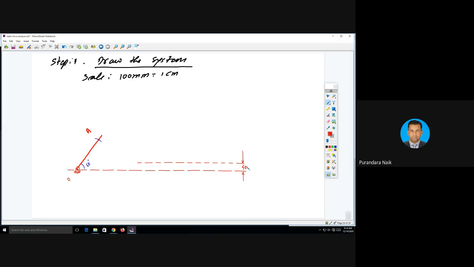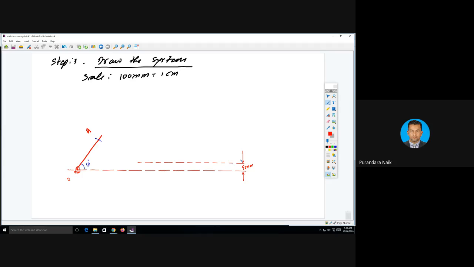This is 50 millimeter. According to the scale, it is 0.5 centimeter, right? Don't get confused. Some people make a mistake here. The AB length you will take with the scale, but for this distance you will take 50 millimeter. That is wrong. 50 millimeter is nothing but 0.5 centimeter. Okay. After that,